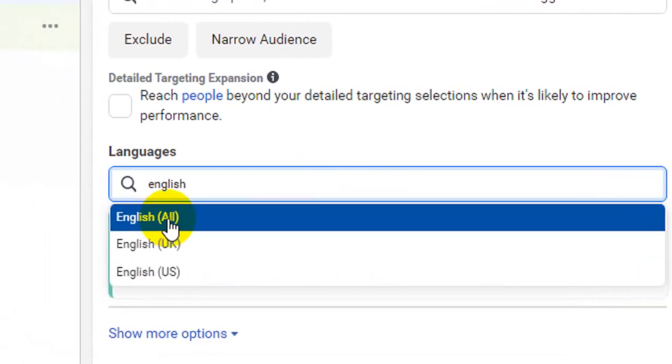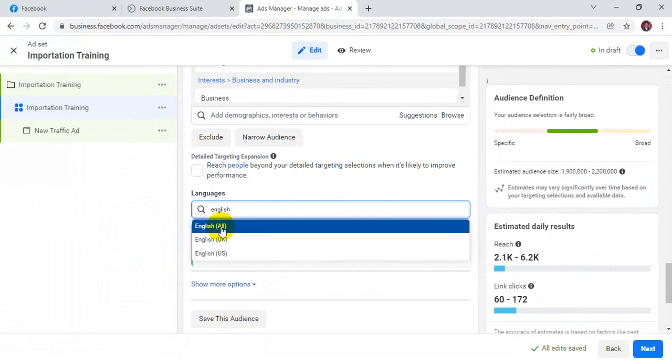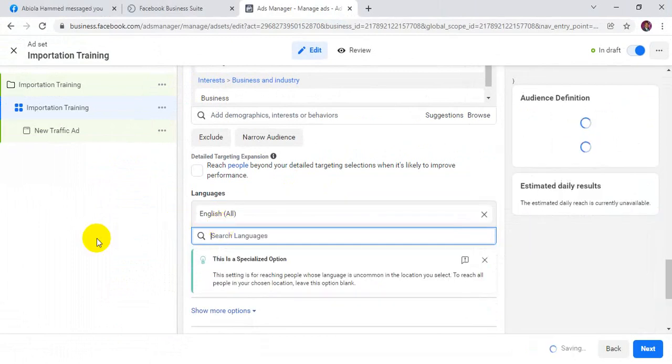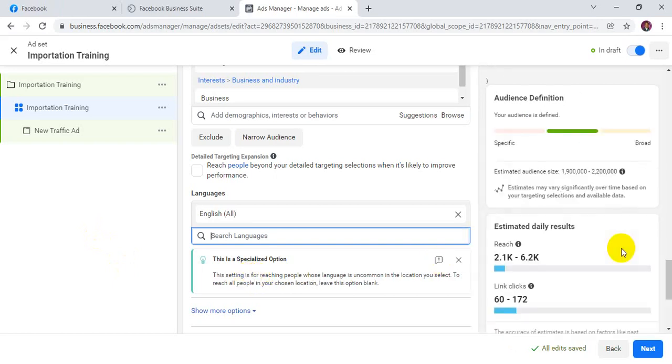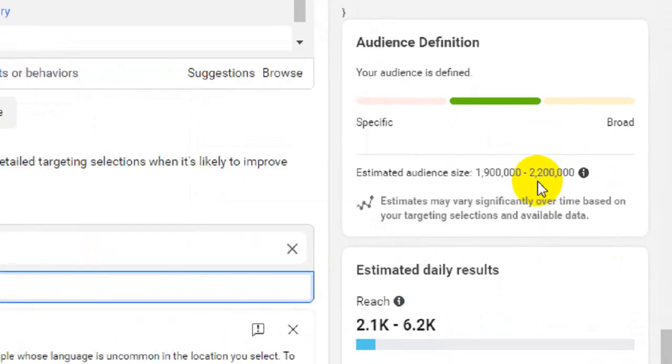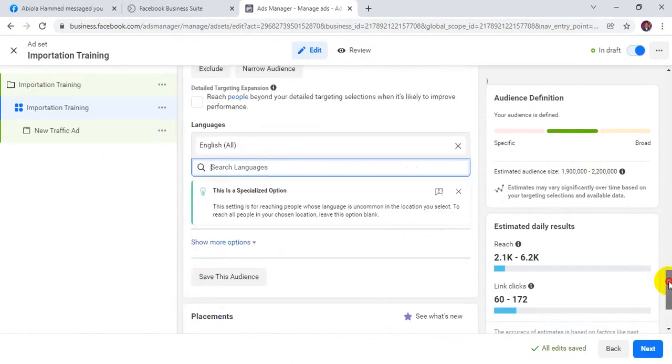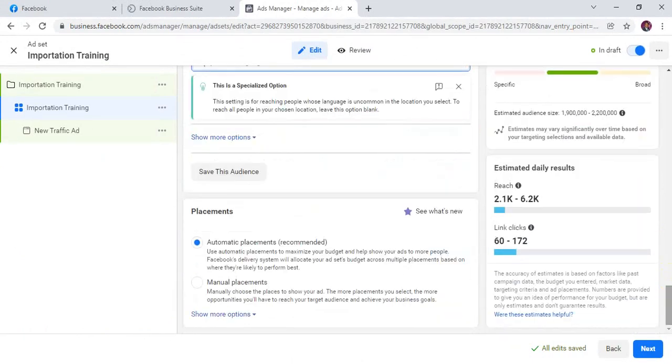So English language, both UK English and US English. So I'm done with that. Okay, so we still maintain 2.2 million people. So we can scroll down now and work on the